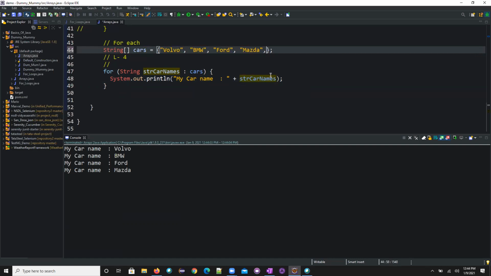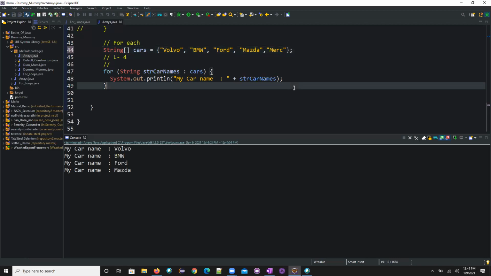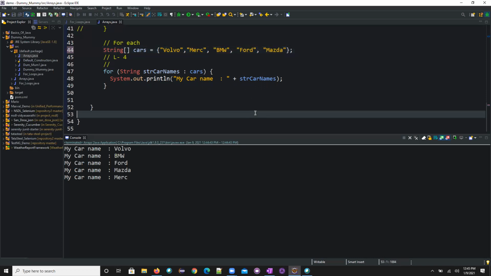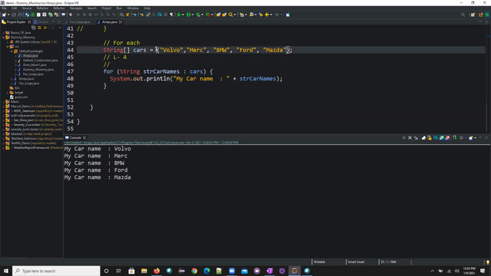So now even if you wanted to add some more things, I wanted to add mech. So now you see, that's it. But the only thing is it follows the sequence. Randomly it will not print. So now if I change this mech from here to here, that's it. Okay, it follows the sequence and then it will print for us. This is what for each is.